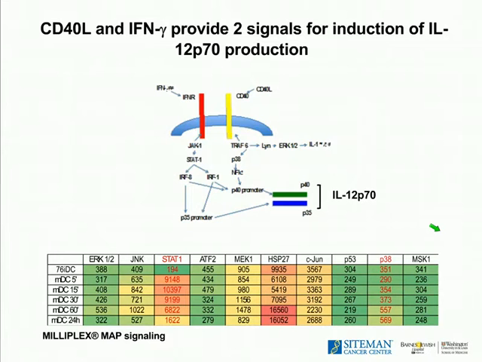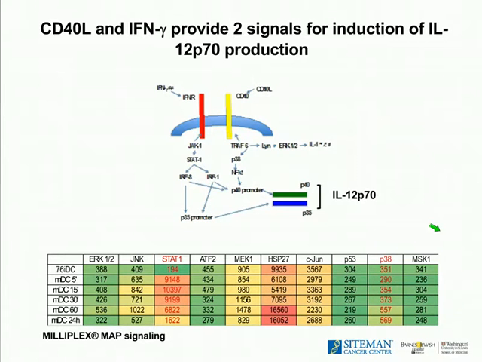So we took dendritic cells and activated them with interferon gamma and CD40 ligand, made lysates, and then we looked using the MILLIPLEX MAP signaling at the STAT1 and p38 kinases, their phosphorylation upon activation. And what you see here is where it says IDC, that's the baseline. When you activate, STAT1 is phosphorylated by 5 minutes, and it goes up, peaks at about 15, and then it comes down. Well, p38 is a little delayed, and it peaks at about 60 minutes, and then it remains up.